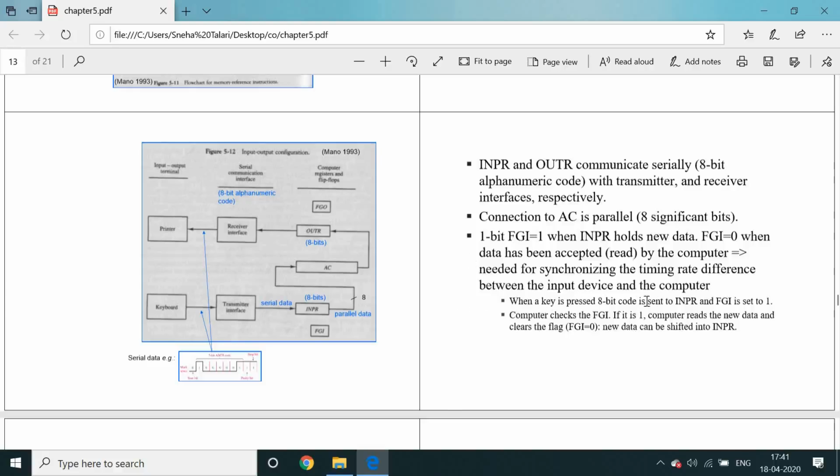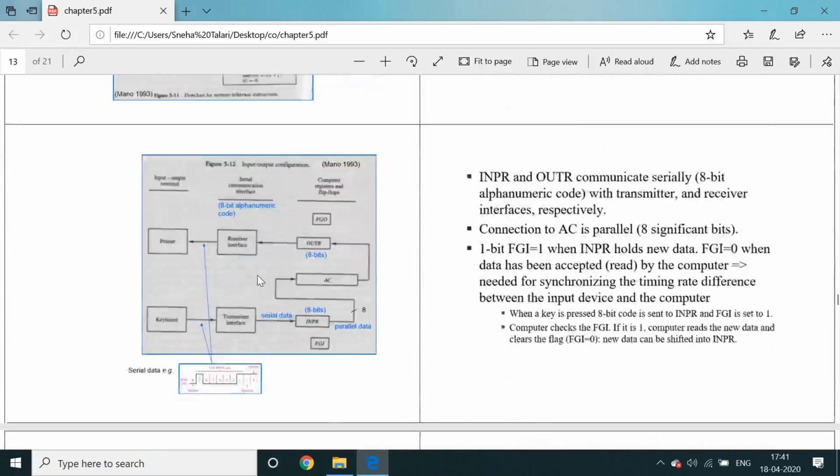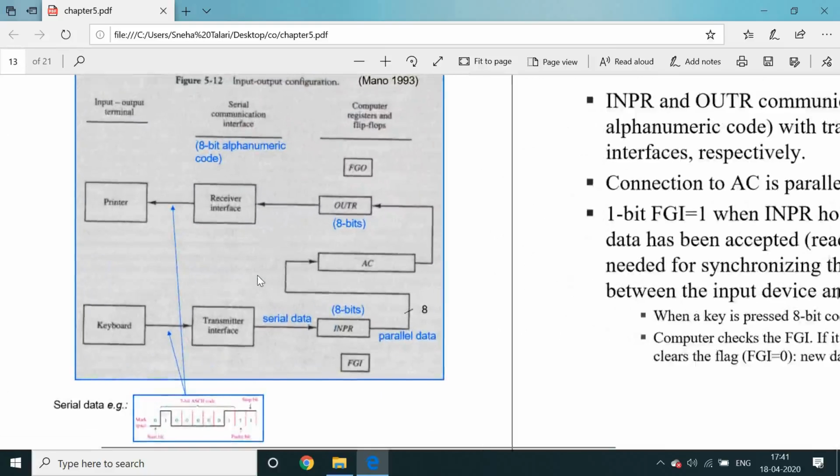When a key is pressed, the 8-bit code is sent to the input register and FGI is set to 1. The computer checks the FGI, and if it is 1, the computer reads the new data and clears the FGI. Only one particular condition is there. The input register reads a character.